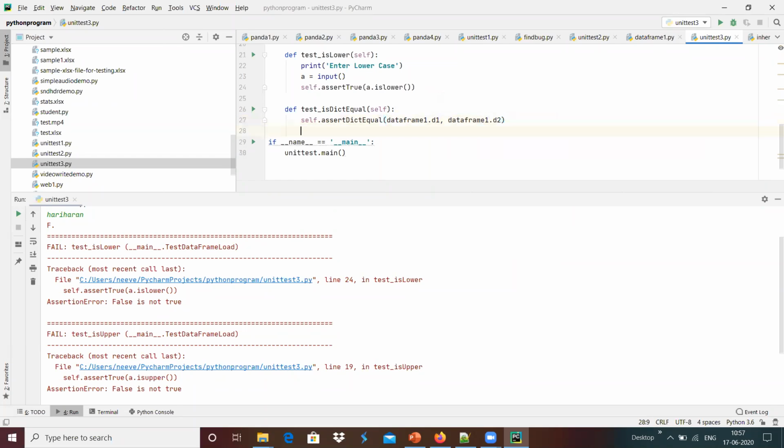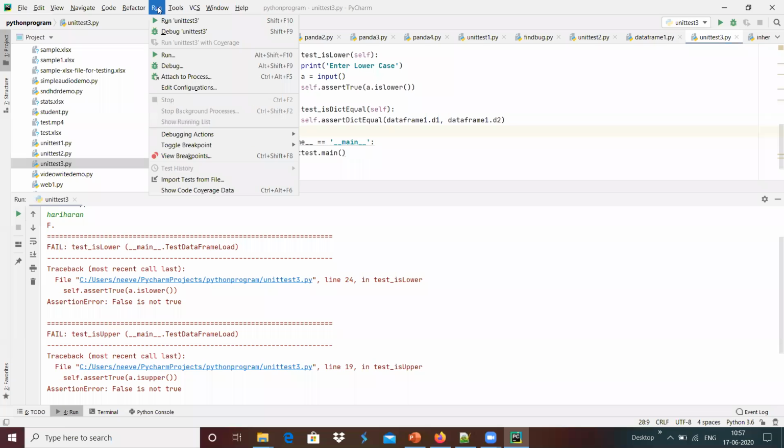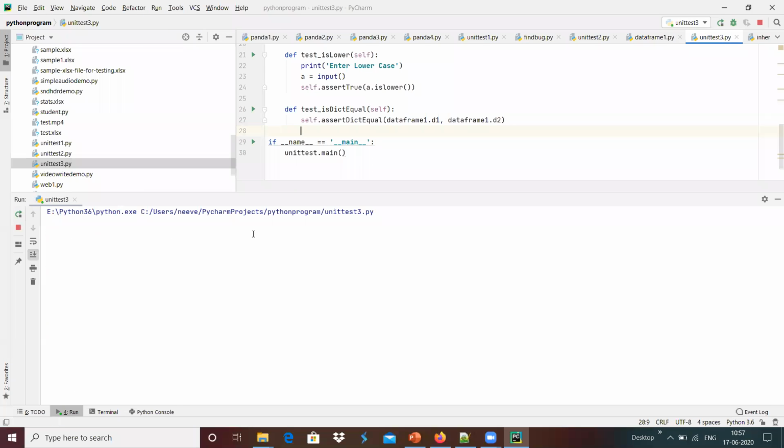Two dictionaries we are passing, and we should expect both dictionaries are equal; we are going to run this.